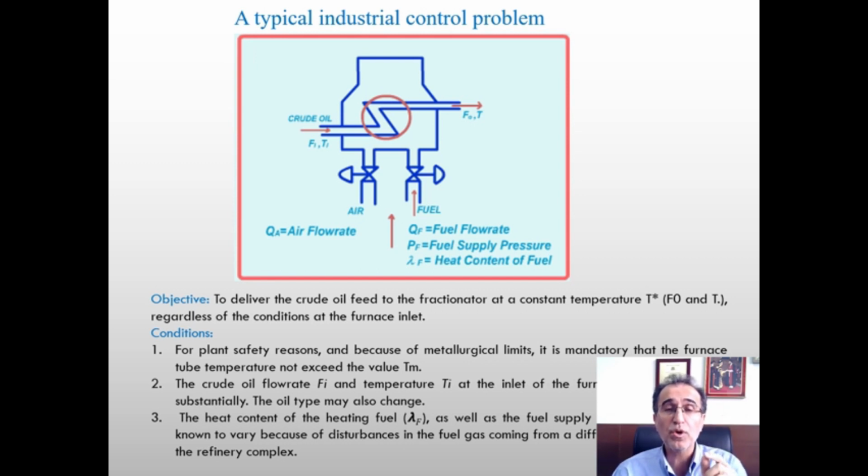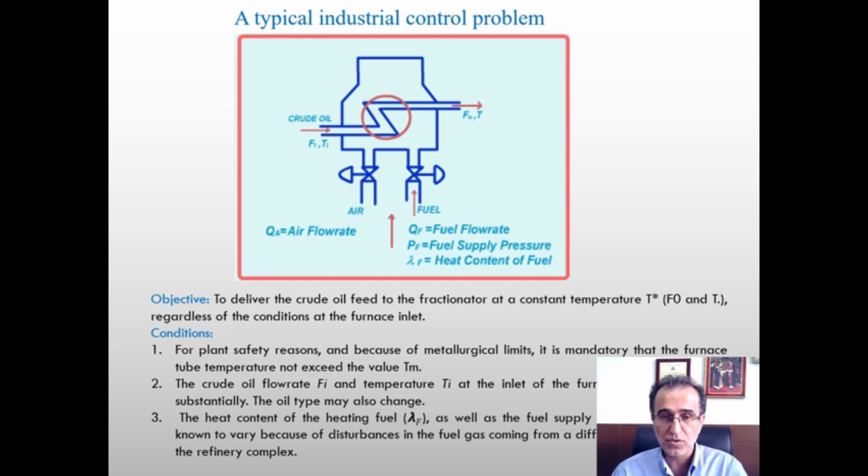The crude oil at the beginning, at the inlet, has some initial temperature Ti that changes substantially during different times, so it acts like a disturbance. Also, the heat content of the fuel and also the pressure behind the fuel valve could change and vary, so they act as disturbances